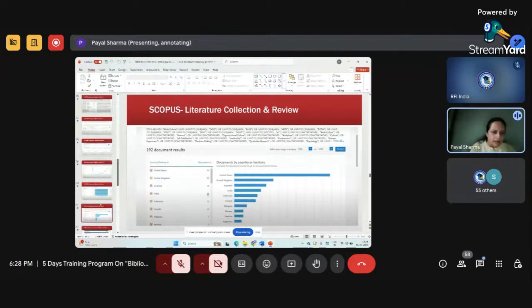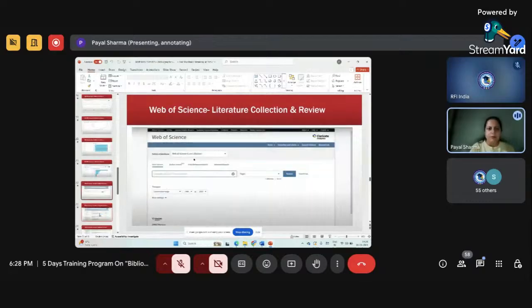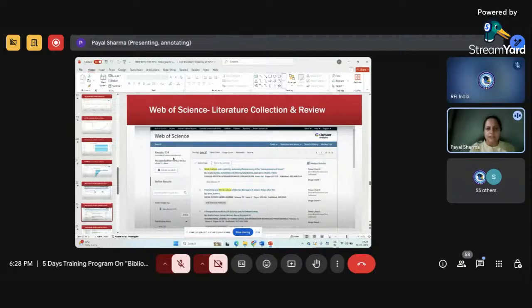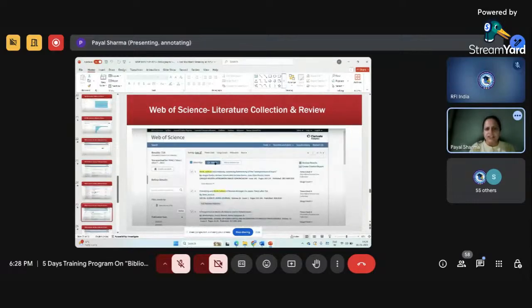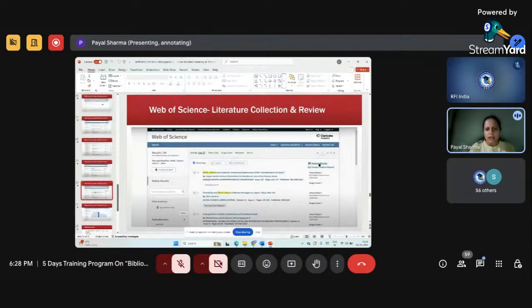Similarly, I have put here the example of Web of Science. When you go with the Web of Science, here, you have done this thing. This is the search results. This is exporting. I'm not telling you this because I think all of you have done this, isn't it? Now, when you come up with the Web of Science and you have done all the filtrations,